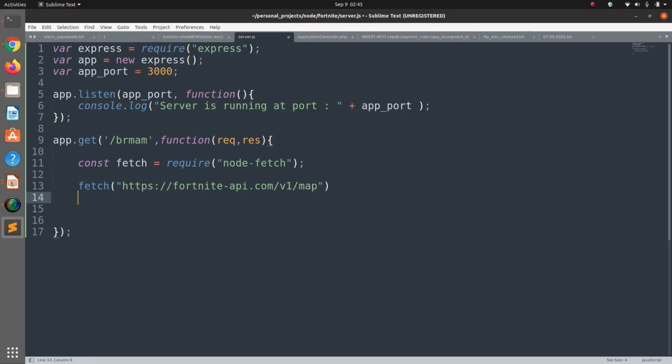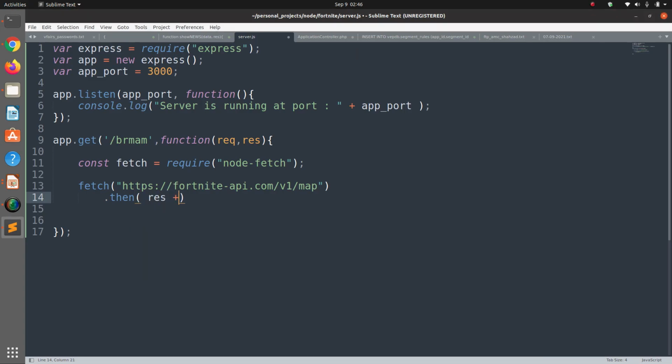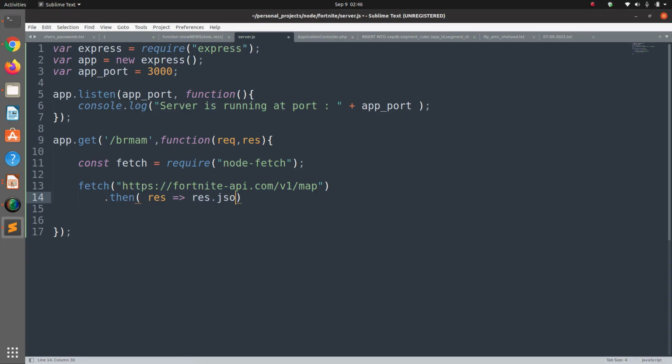This is the endpoint that I got from their website, which I will show you in a while, so don't worry about that. And then we have the then method, and it receives a response in JSON from the